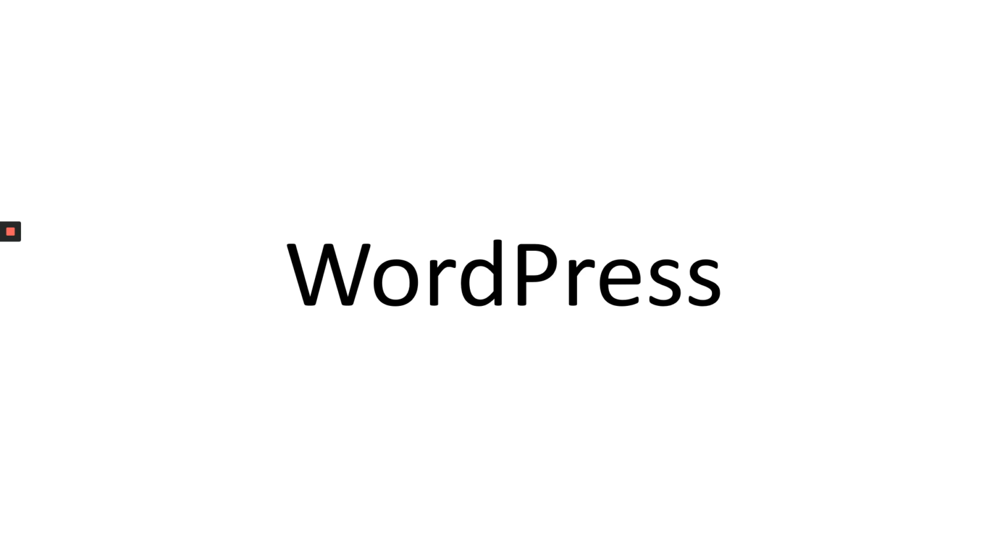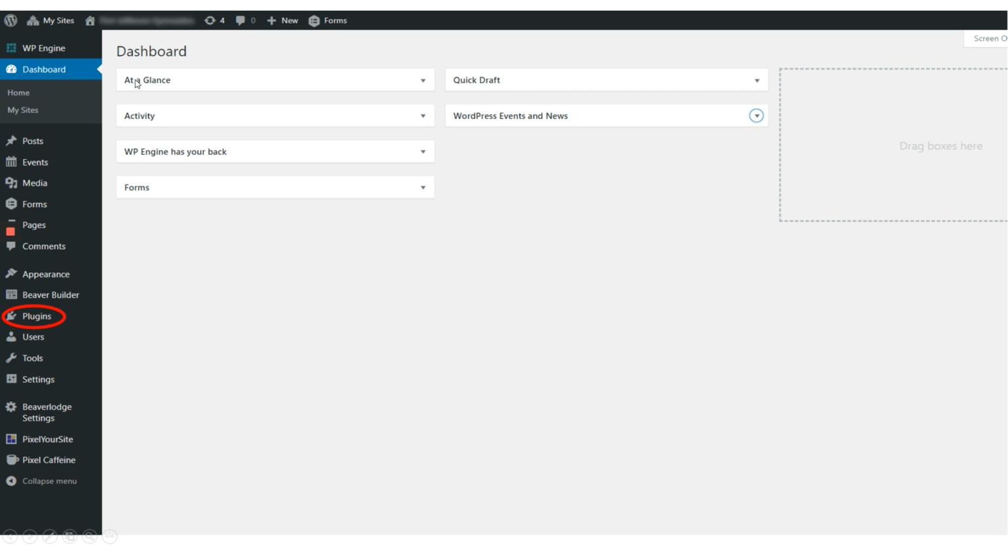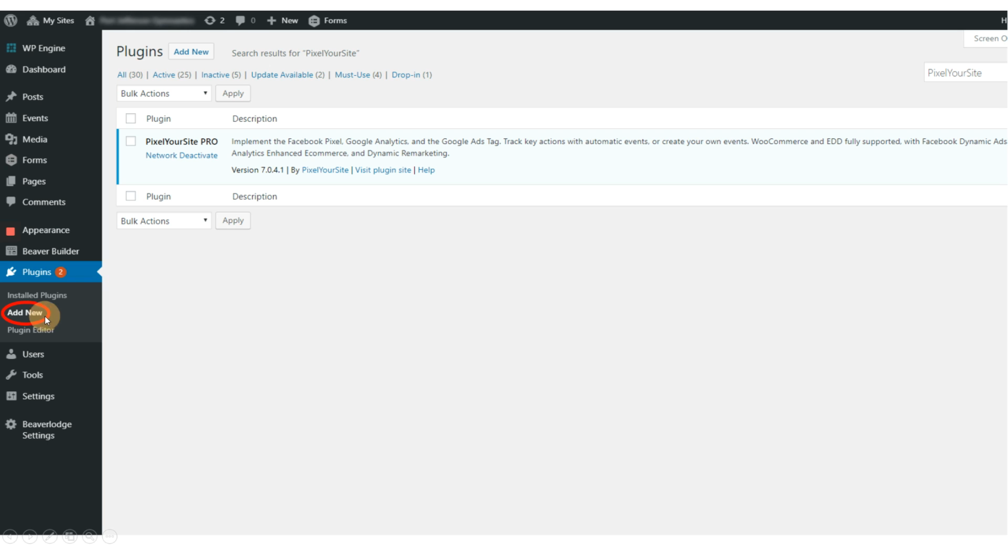Today we're going to learn about how to install a Facebook pixel using WordPress. So you'll go ahead and log into your website and get into the back end of WordPress, and here's your dashboard. Once you've logged in here, you're going to choose Plugins, and you're going to choose Add New, and you